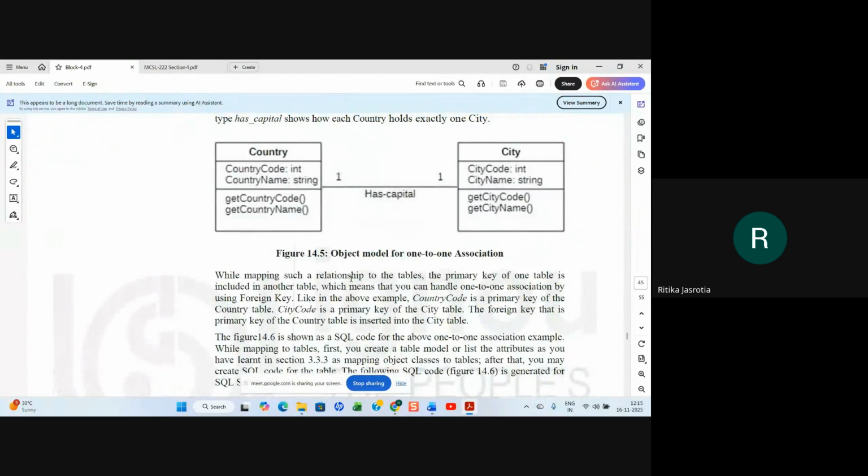While mapping such a relationship to the table, the primary key of one table is included in another table, which means that you can handle one-to-one association by using a foreign key. Like in the above example, country code is the primary key of the country table. City code is the primary key of the city table, right? The foreign key, that is the primary key of the country table, is inserted into the city table like this. So when you are mapping it into a table, you will say create table country, circular bracket, country code